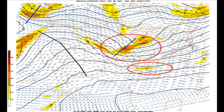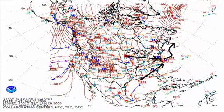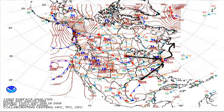This combined with this disturbance, this very strong disturbance over the northern branch, will form a rather impressive storm off the east coast and form a closed low, which will be the beginning setup of the entire pattern, which I'll discuss later. But overall, this storm will be forced out into the east, and when we look at the surface map as of 12Z, our surface low over the Great Lakes drives towards the mid-Atlantic. Meanwhile, our Gulf low does the same, drives towards the mid-Atlantic. A new low pressure system is formed off the Delmarva coast, and then basically, as you can see with this black arrow here, moves out to the east and remains about 250 to 300 miles off the east coast,